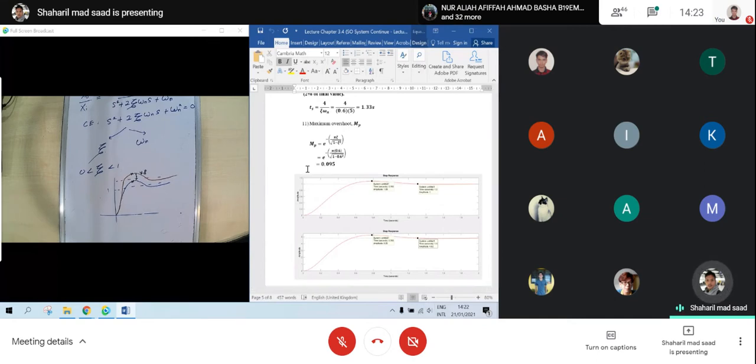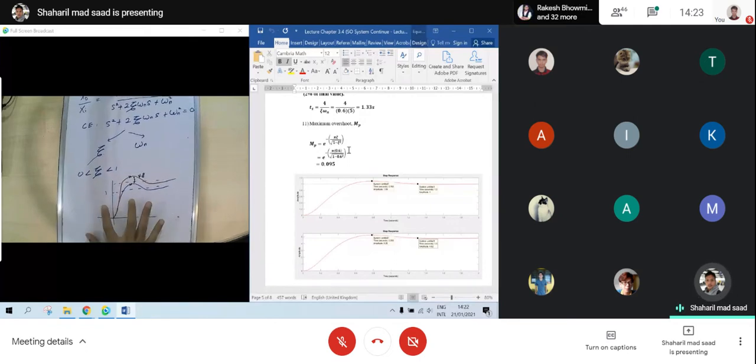I give you some tips. We require to sketch or draw the graph. For the second order, you just roughly draw like this one, but you need to put the value on your graph so that it will be complete.